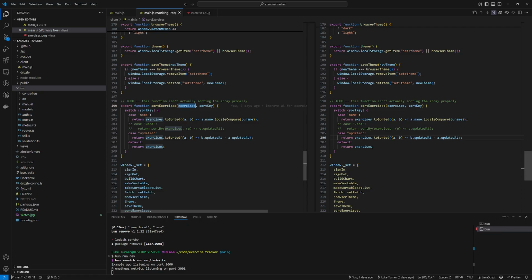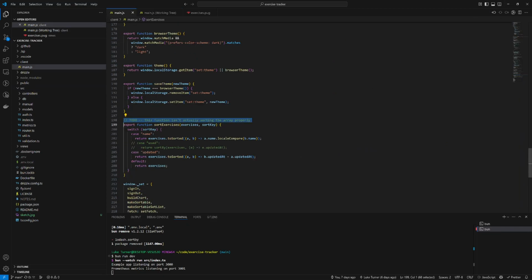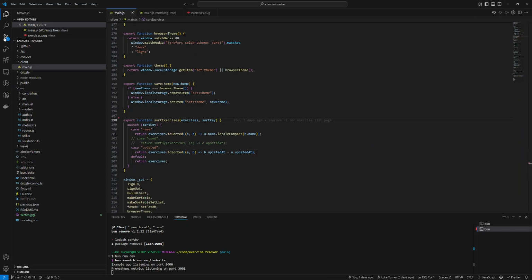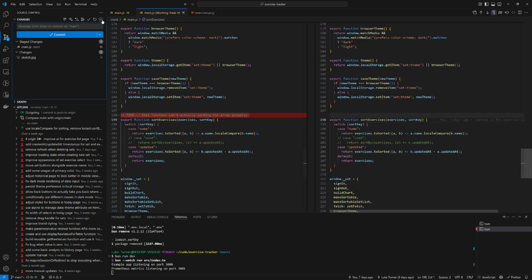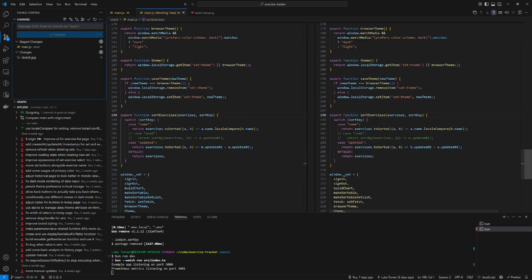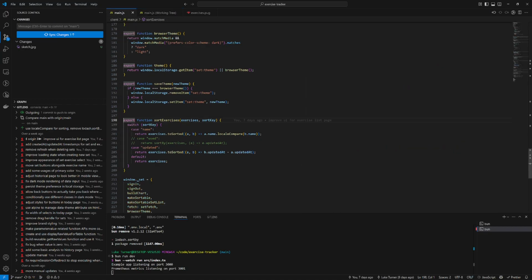Oh, I can get rid of this to do as well. Let's actually put that in the same commit again. Commit staged amend. Yeah. Okay, so we're going to need some additional information here in order to know when the exercises were most recently used. So I might have like a